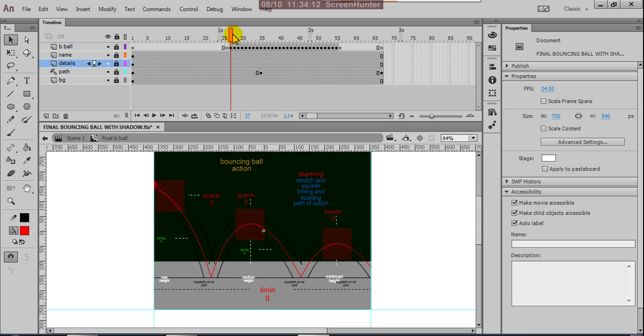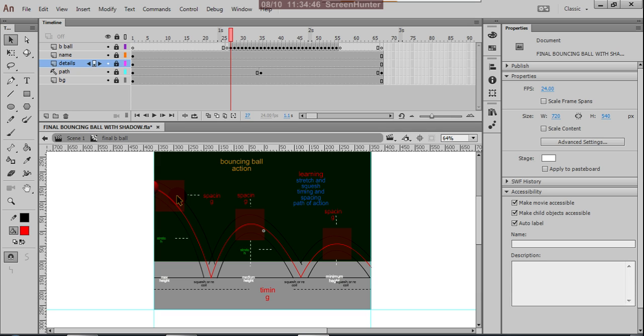But here I'm explaining with frame by frame animation, because frame by frame animation is very important. This is the classical method, the traditional approach.